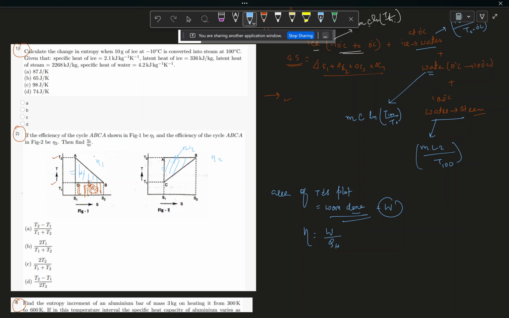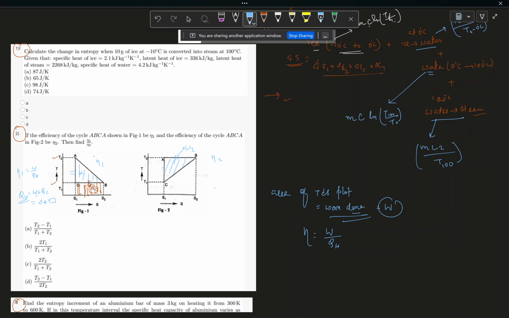So this dashed line under BC is your value of QC, and you know the W from the triangle's area. So your QH will be simply the sum of both. So W plus QC, which is area of triangle ABC plus area of this rectangle. And if you sum up those, you will have QH, and you already know W. So eta 1 will be simply W by QH. So that is one thing that we get from here, the first cycle. And for the second cycle, again,